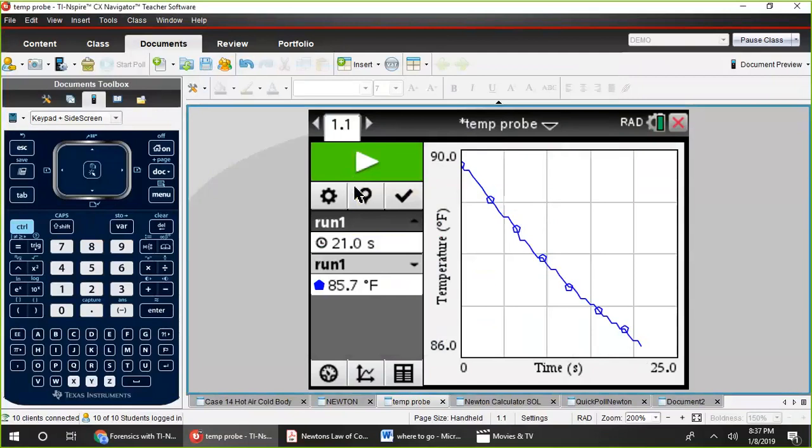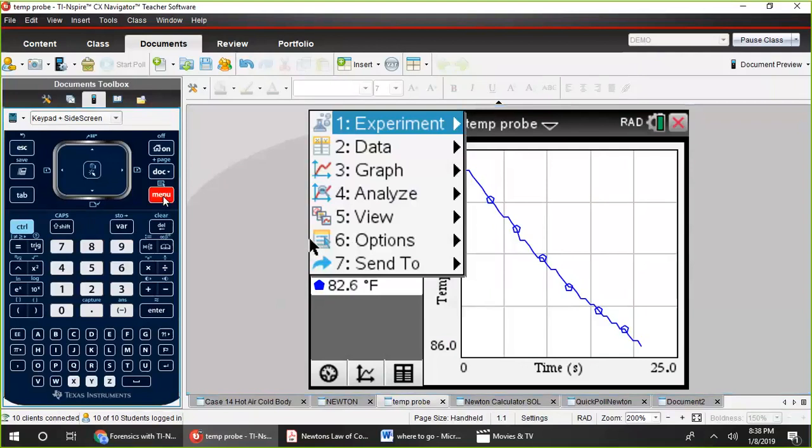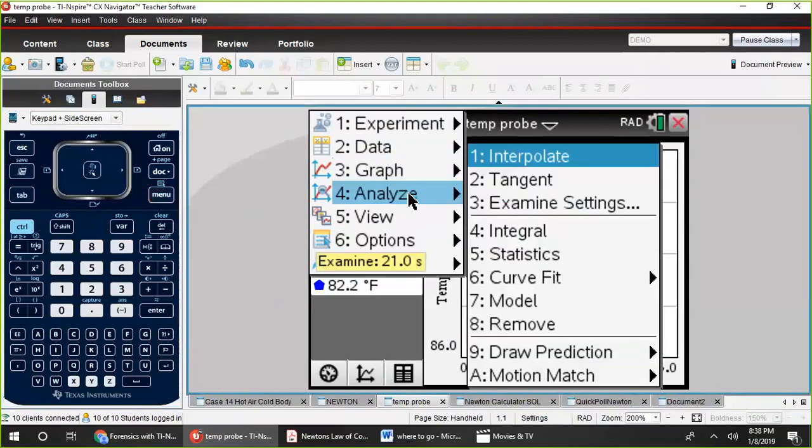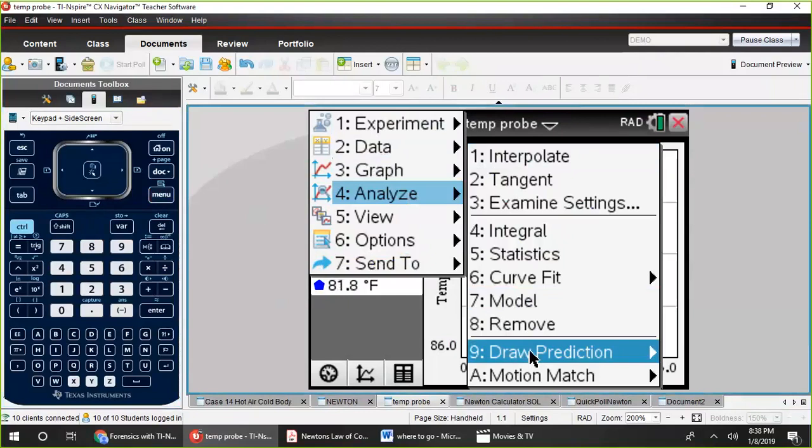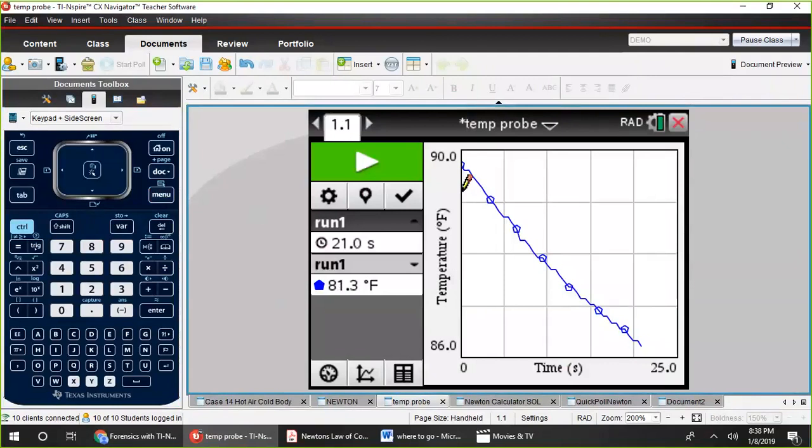As soon as they've read through the lab, they're ready to start. And a nice addition to any data collection lab after the read-through is to have the groups discuss and predict the results. They can do this right on the data collection page. So if you were to go to Menu and Analyze, down at number 9, we have Draw Prediction, and Draw. So they can actually, even though it's a dot to dot, give you an idea of what they think the data is going to look like.